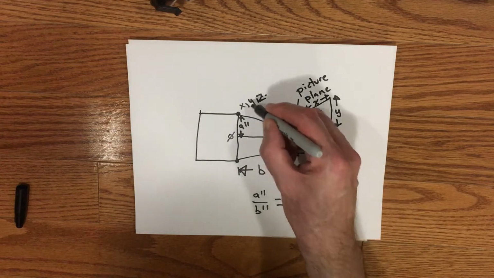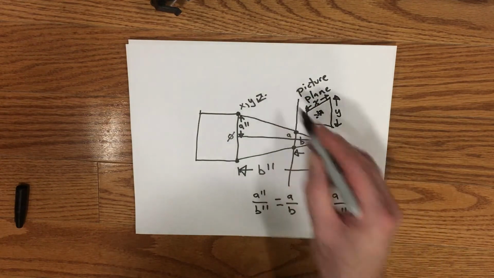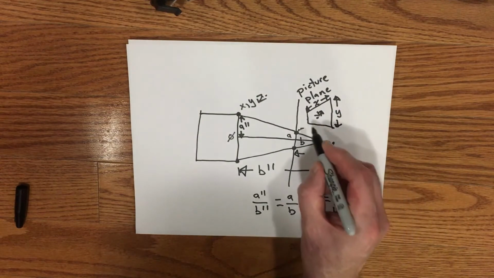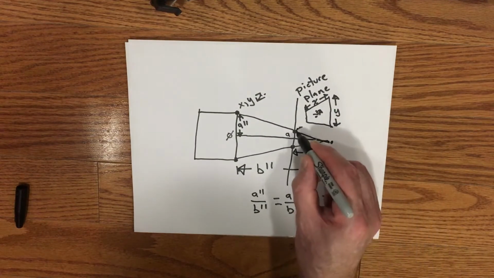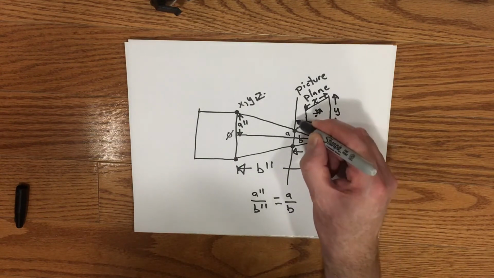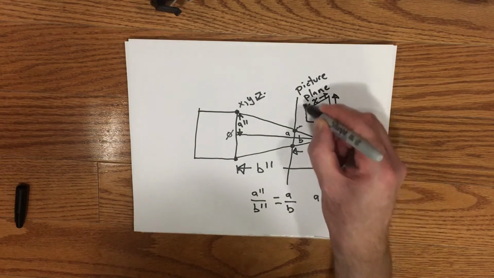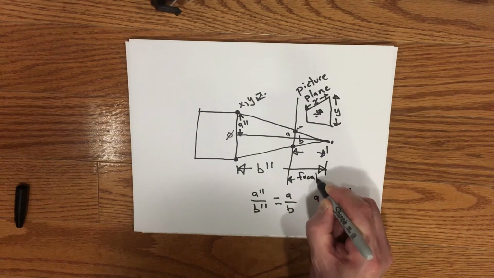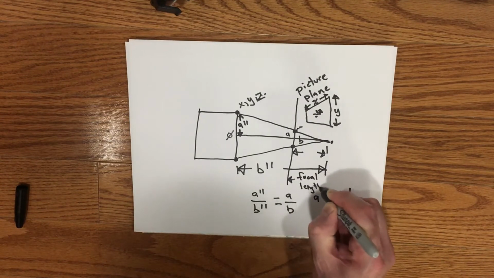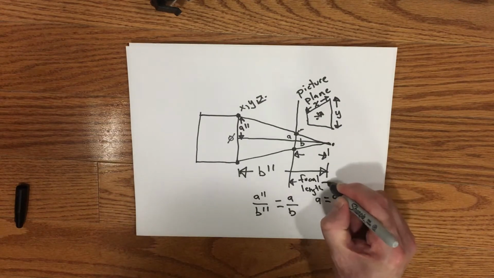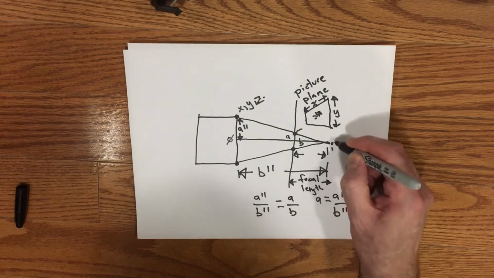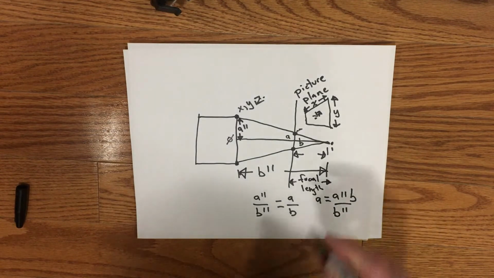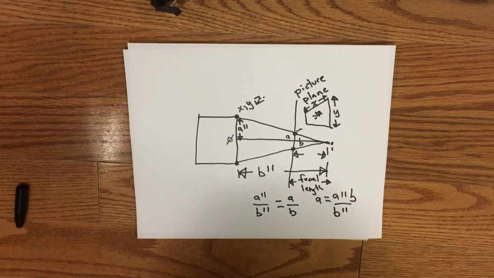Then you take the relevant ones and plug them in here, knowing these values, and you get this one out here. And then the distances here have to do with how far this picture plane is from the origin. I think it's called the focal length, the distance from the converging point to the picture plane.